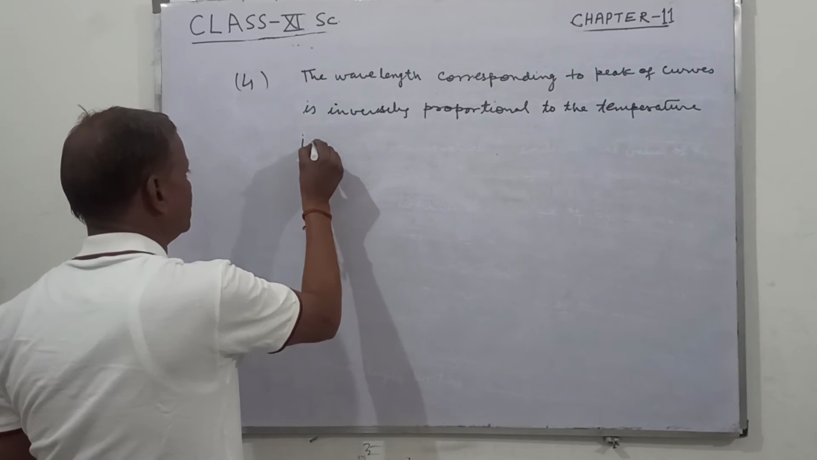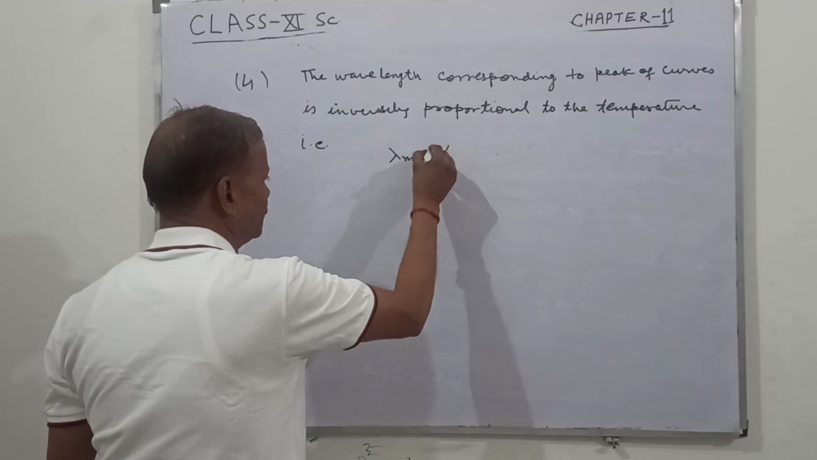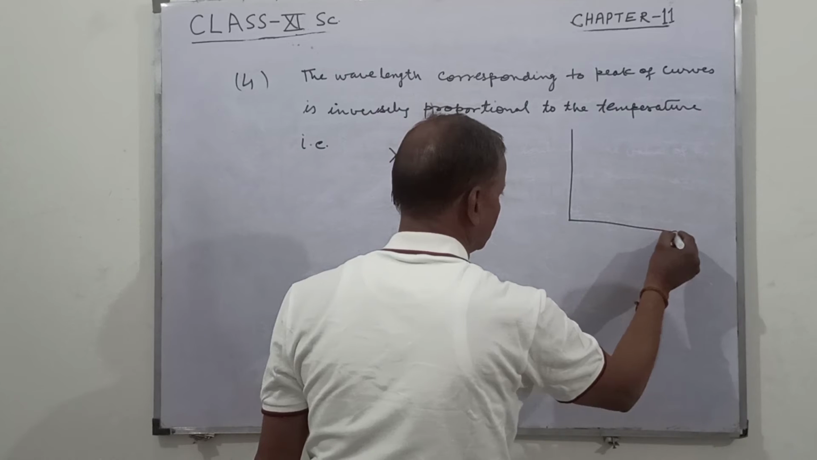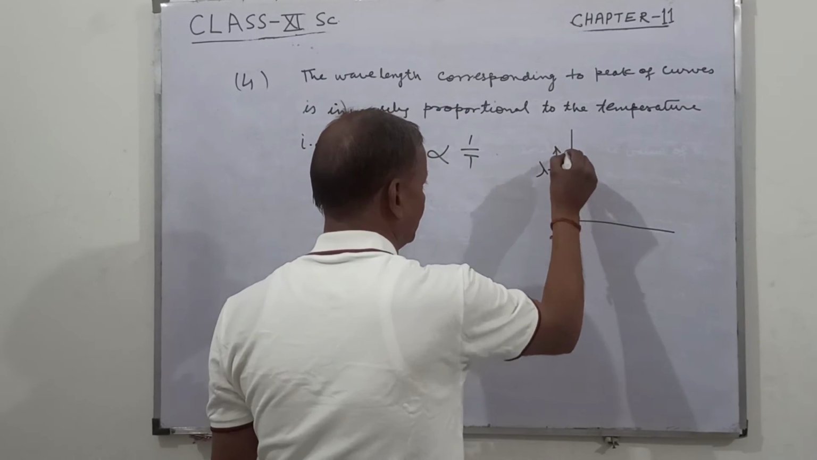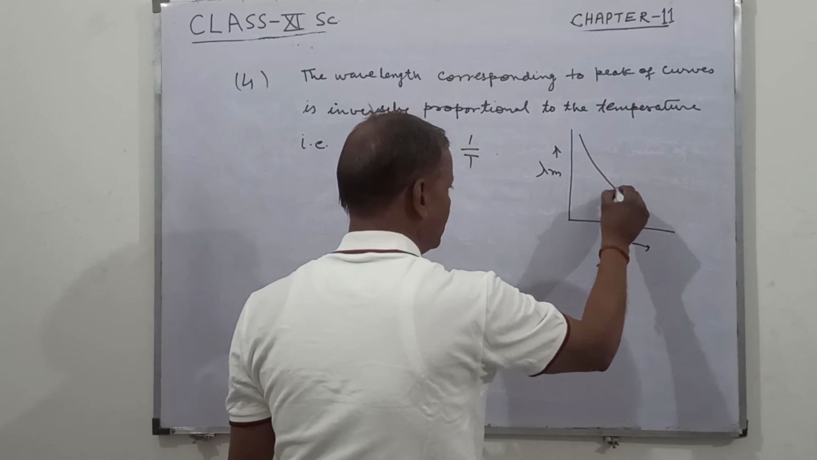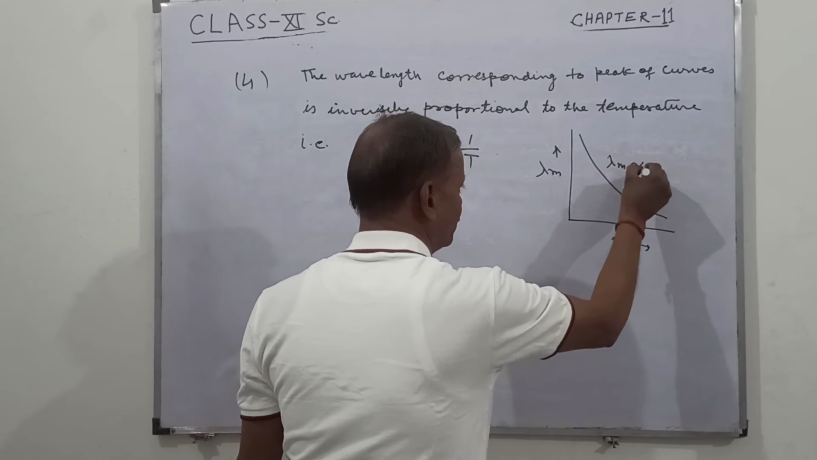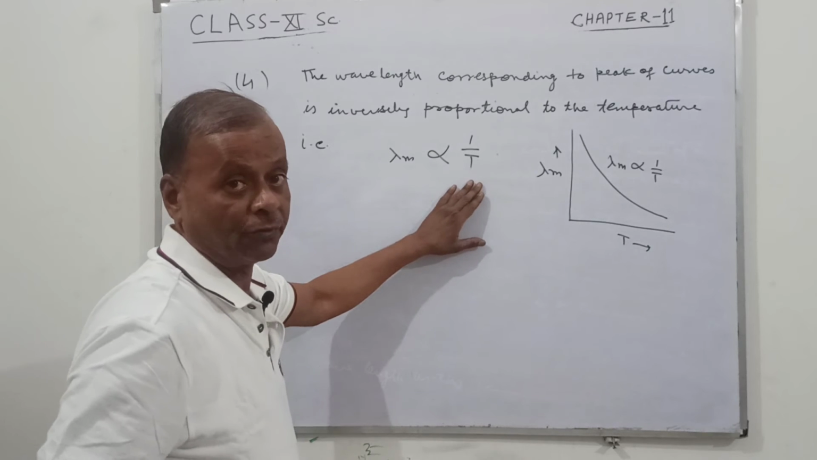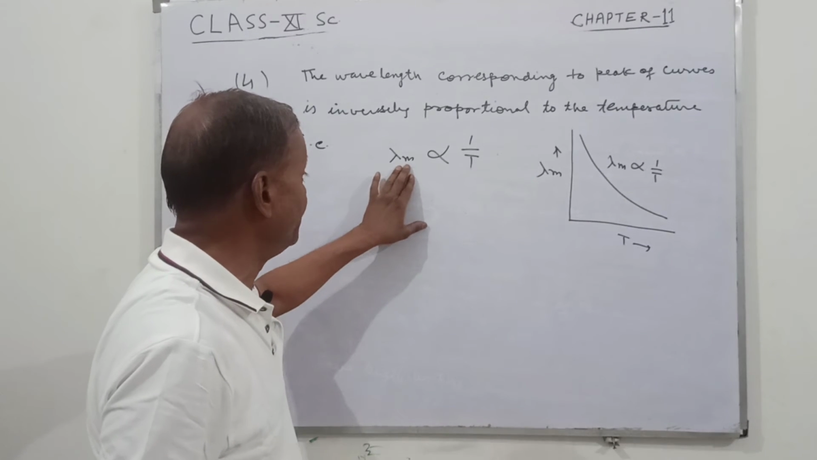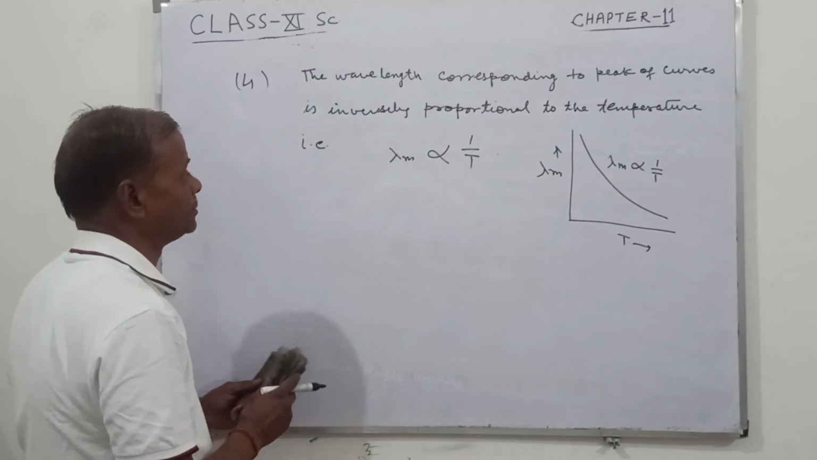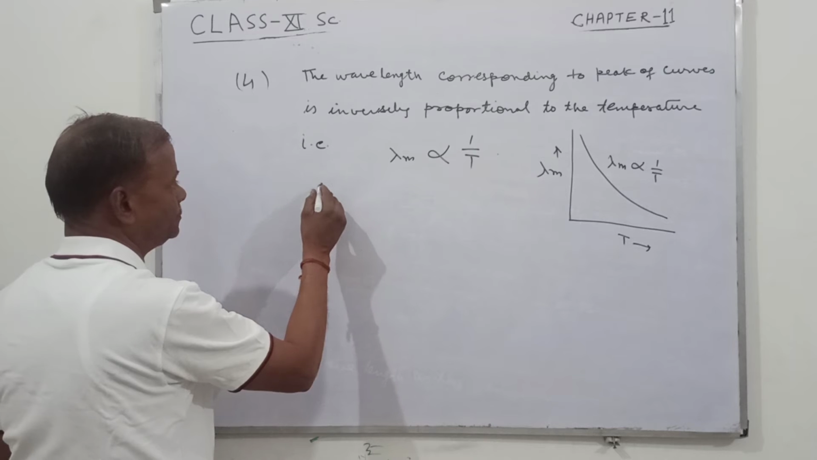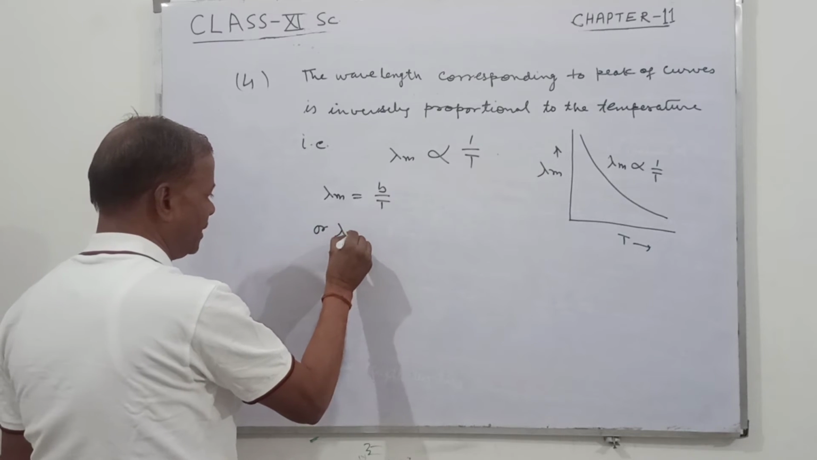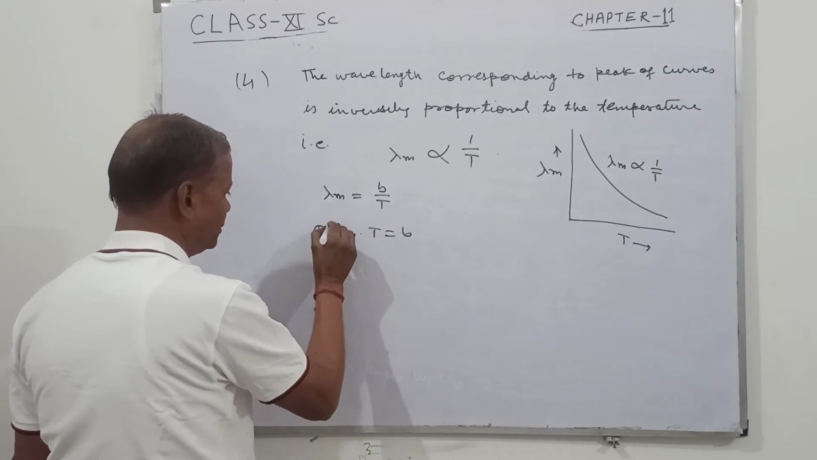It means lambda m is proportional to 1 upon T. Suppose this is lambda m and this is temperature, then it will be like this. So lambda m is proportional to 1 upon T, because as the temperature increases, the peaks of the curves go towards the lower wavelength. So lambda m means the lower wavelength or the minimum wavelength, or lambda m equals b upon T, or lambda m into T equals b,